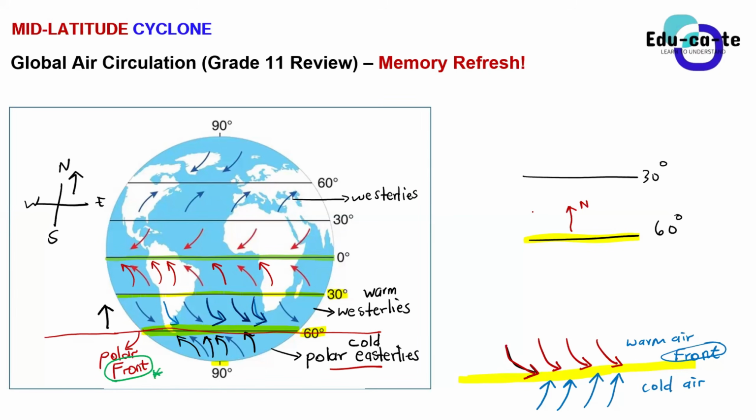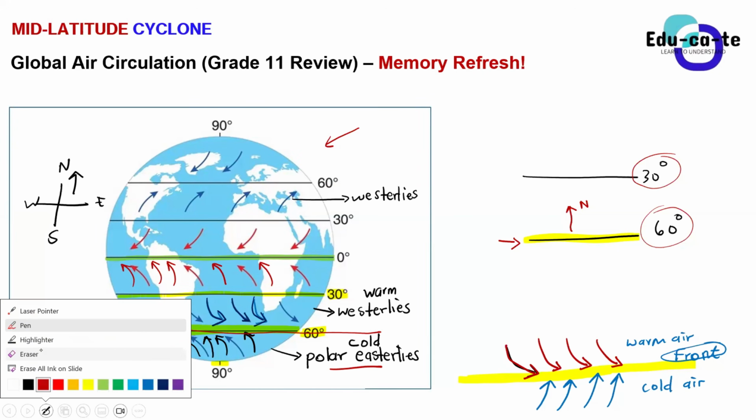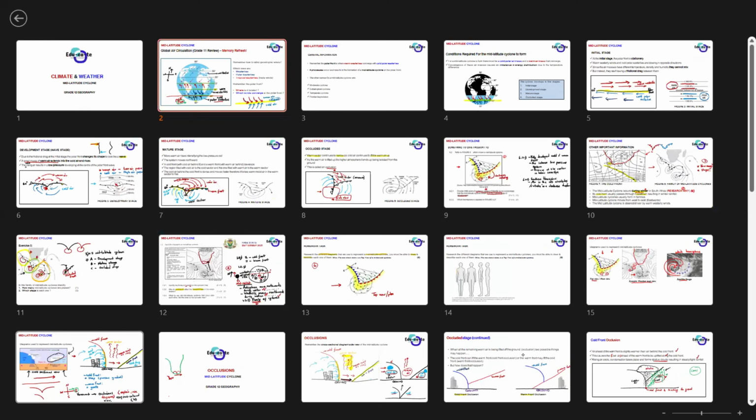That is why when they ask what is the area of development of a mid-latitude cyclone, we say that it is between the 30 degrees and the 60 degrees line of latitude. Indeed, it forms here at the polar front, but when it's mature, it will start moving northwards. But in a cross-sectional view, you'll never be able to see that. You can only see that when you are given a diagram that has got lines of latitude. Are we together? Yes, sir. So just take that into consideration and let us continue.